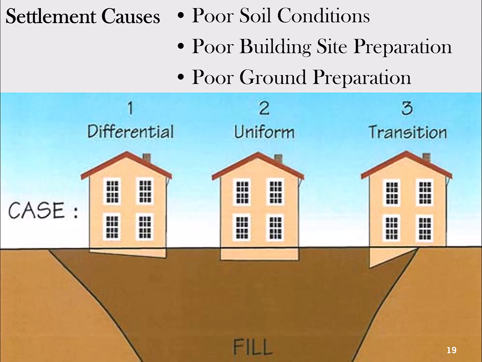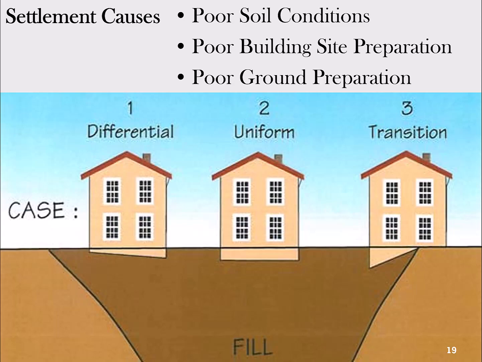You've got some part of the building on really good ground, and the rest of it's on very poorly compacted fill. But it's basically an extreme version of differential settlement. So I will stick with the terms of uniform versus differential settlement and not get into the weeds too much